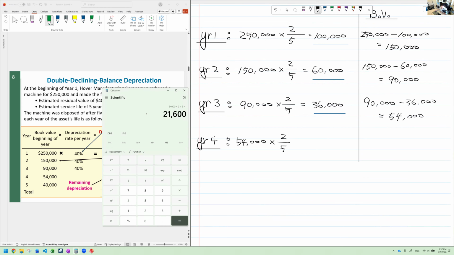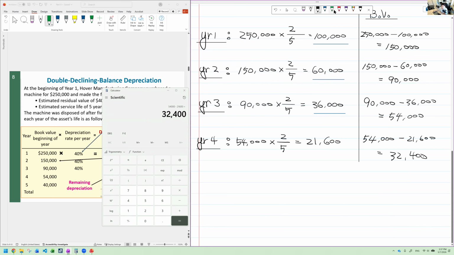So the amount of depreciation expense that you want to record is $21,600. That means the book value of this asset will decrease to $54,000 minus $21,600. That's